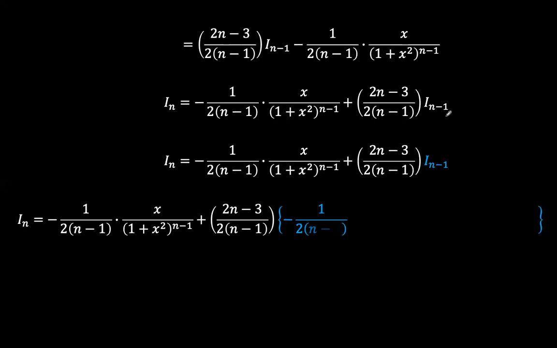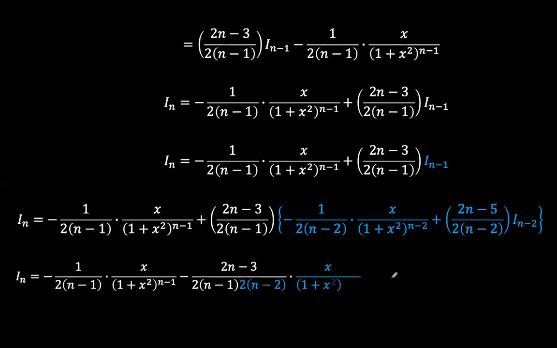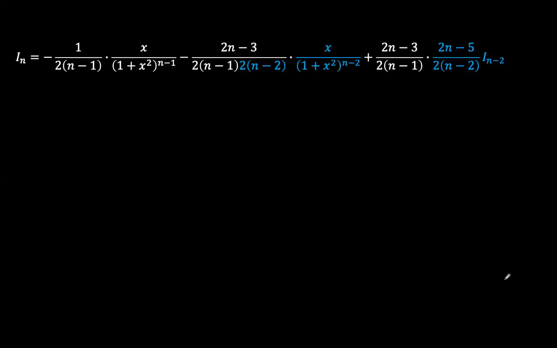So we have this bracket, and so now we have I n minus 1 expressed in form of I n minus 2, right? And so as we keep on working along, we see that there is a pattern, right? There is a pattern in which I n can be related to I1. So obviously there's I n minus 2, and then we can work for I n minus 3, and then